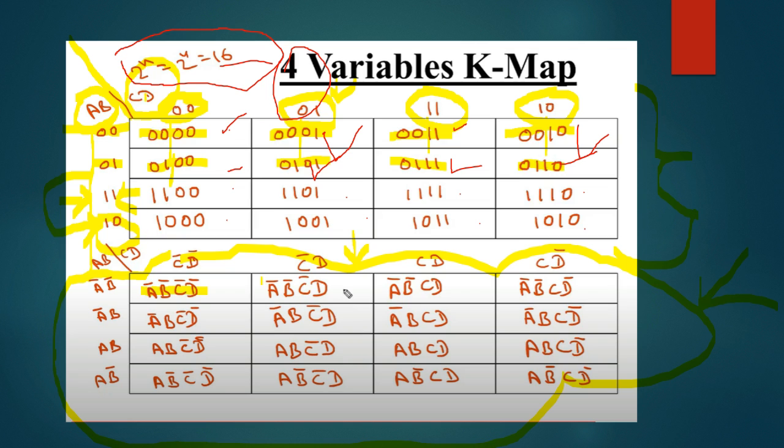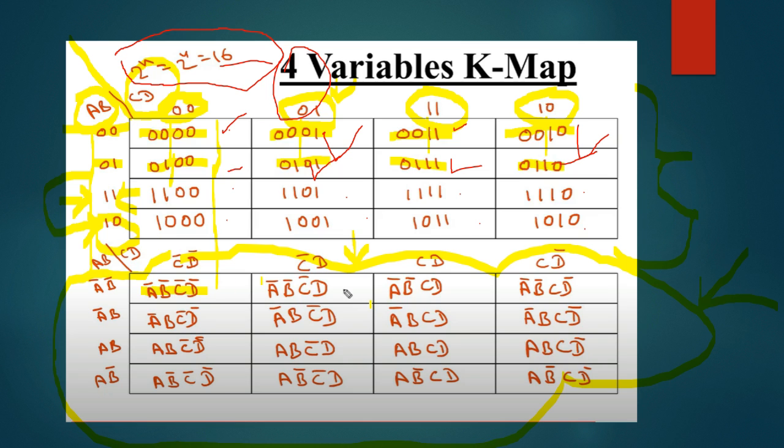Why is that? Because as you can see, this cell had a value of 0 0 0 0, and if you remember from my previous slide, I told you that if a variable holds a zero value in SOP, sum of products form, then that 0 should be marked with a bar or a prime. So because of this 0 I have written A bar, because of this 0 I have written B bar, because of the third 0 I have written C bar, because of the fourth 0 I have written D bar.